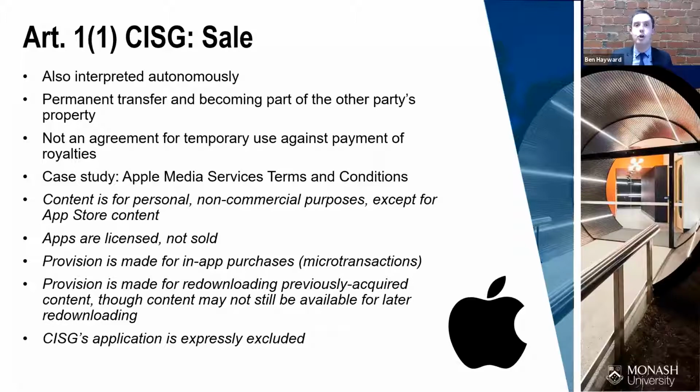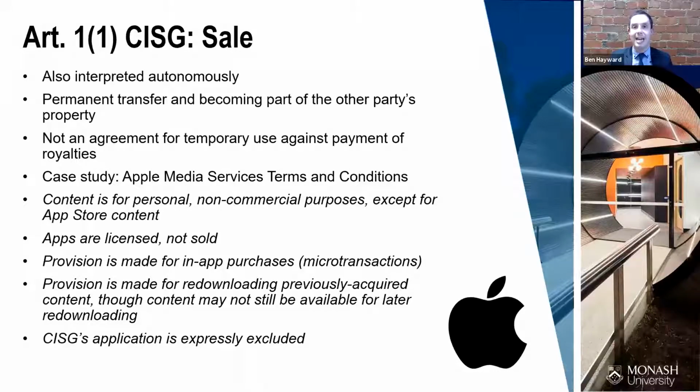This is really interesting because we do know from empirical study, and John Coyle's study of US contracting practices in 2016 is a good example, we do know that parties can sometimes exclude the CISG in their contracts when it doesn't otherwise apply. So the fact that the CISG is expressly excluded in these terms doesn't definitively show that it would have otherwise applied, but at least gives us some commercial plausibility for the argument that businesses out there in the market do believe that the CISG could potentially apply to these kinds of transactions. So as I said, it's the goods criterion that we mentioned before